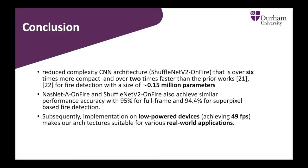Overall, we have proposed a reduced complexity CNN architecture that is over 6 times more compact and over 2 times faster than the prior works for fire detection, with a size of roughly 0.15 million parameters. NASNet A on Fire and ShuffleNet V2 on Fire also achieve similar performance accuracy, with 95% for full frame and 94.4% for superpixel-based fire detection. Subsequently, implementation on low-power devices, achieving 49 frames per second, makes our architecture suitable for